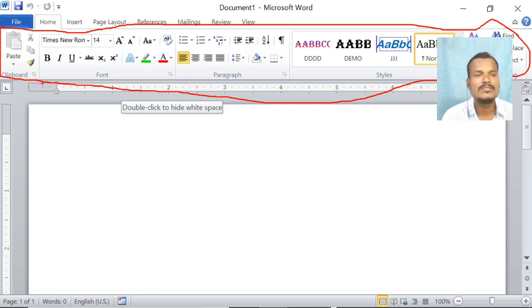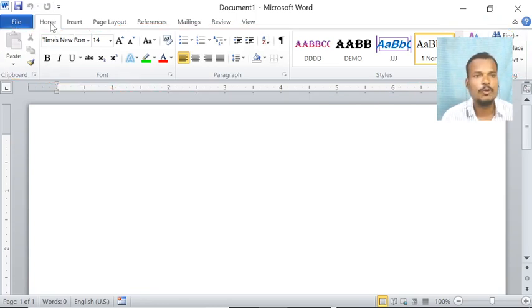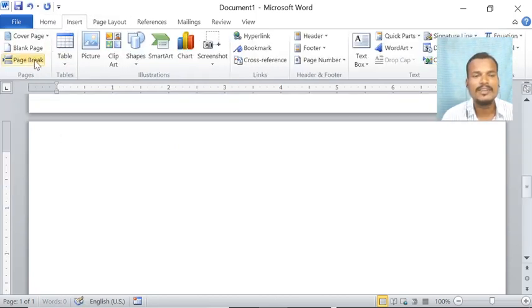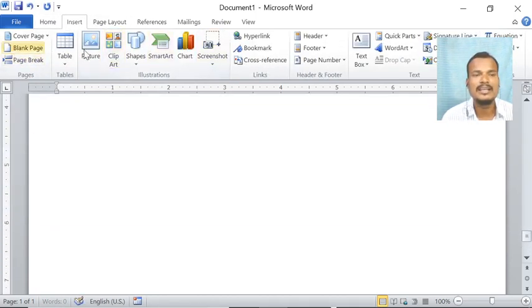A ribbon consists of various groups. See here, this is the Home tab. In the Home tab we have the Clipboard group, Font group, Paragraph group, Styles group, Editing group. If you select Insert, in Insert we have various groups, such as the Pages group, Tables group, Illustrations group.